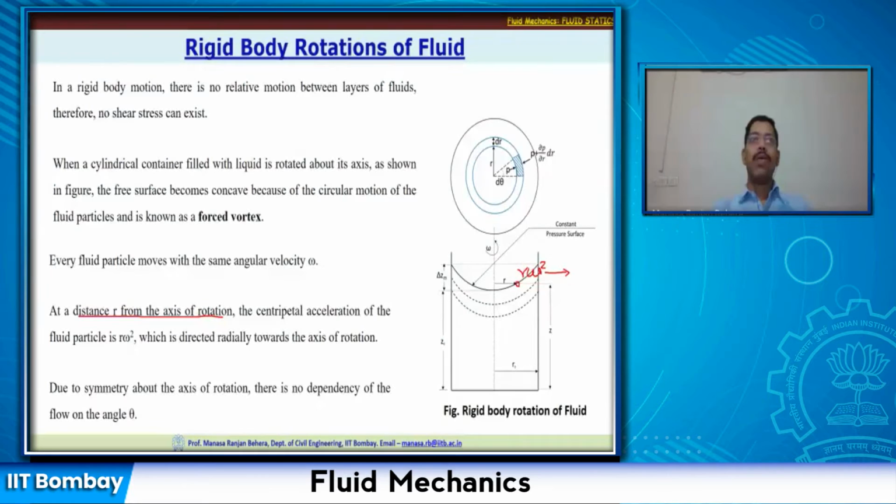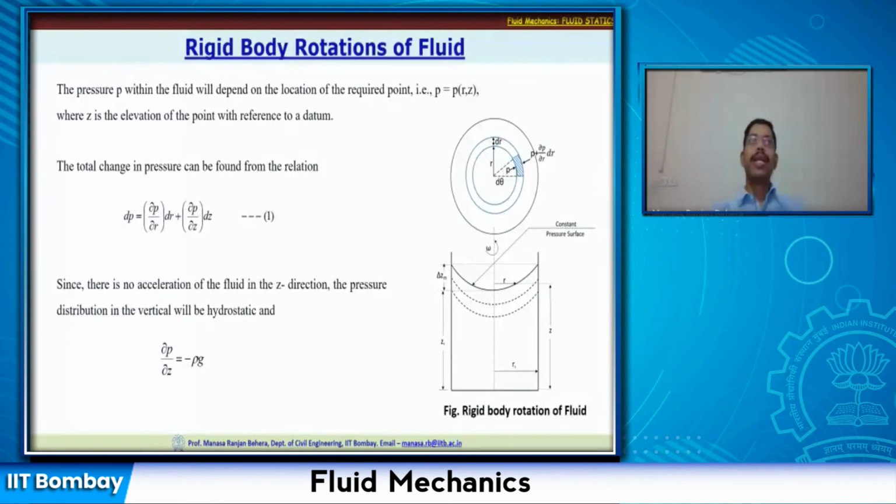Okay. Now due to symmetry, because this is a tank, it is symmetric all around. So due to symmetry about the axis of rotation, there is no dependency on theta. So you may take any location, any angle, any theta. At that r, the properties are going to be the same. So it is independent of theta. Now if it is independent of theta, then